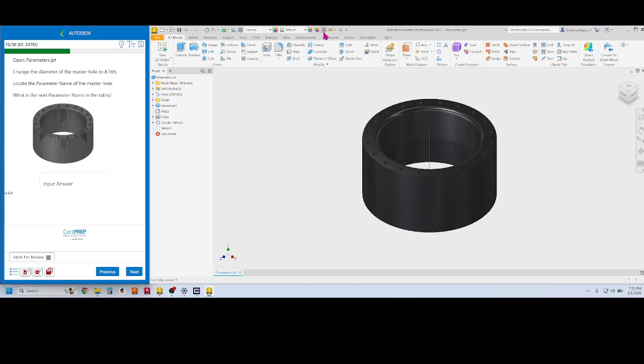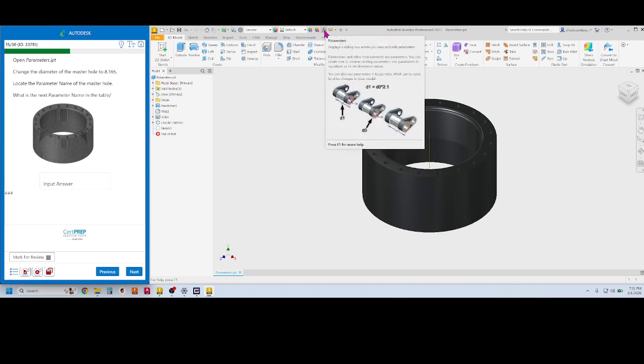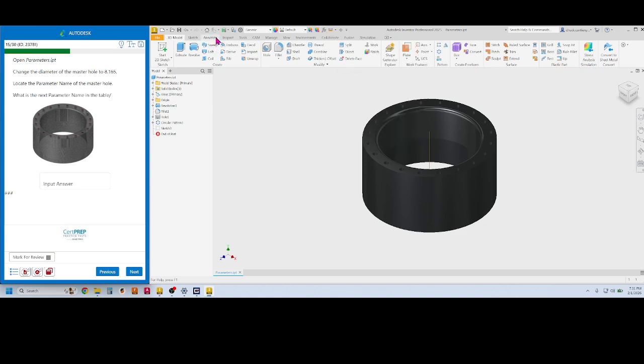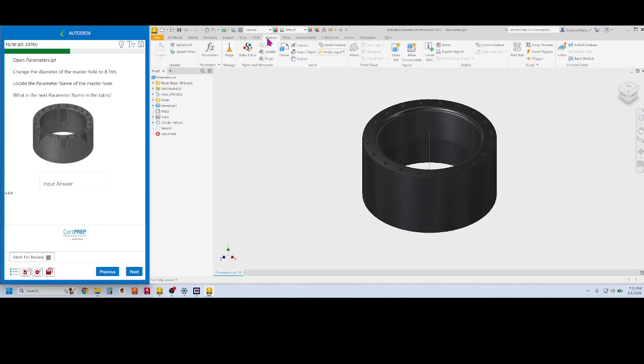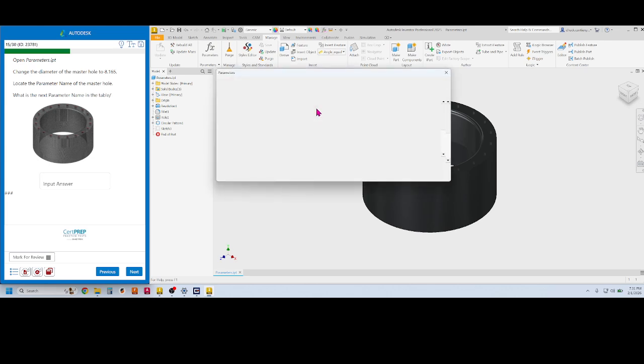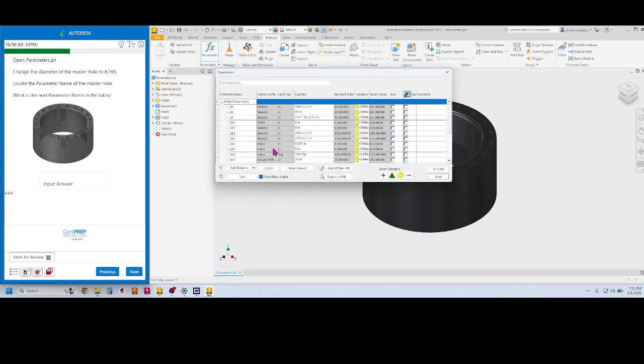So what we'll do is we'll go up here to the FX, go to parameters. If it's not on your quick access toolbar up here, then you would have to go to manage parameters. And I'm going to click it up there. And then we just have to go down through these equations until we find 8.165. And the parameter name for the master hole